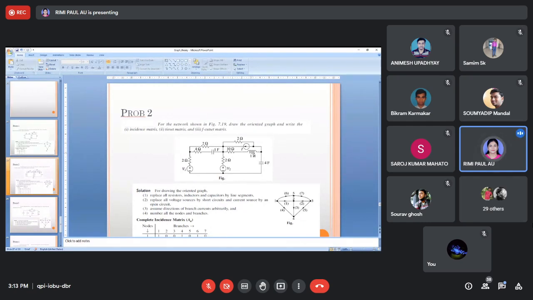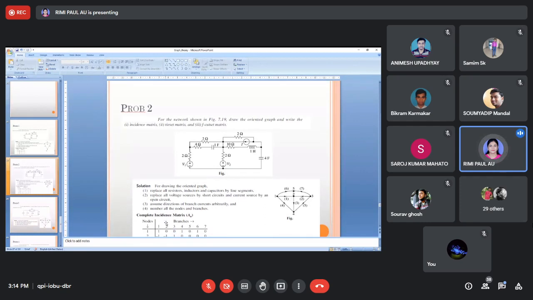Now next, this branch is present, this branch is present, this branch is present, right? So from this you have to write, you can take the orientation, the direction of the current. As per the direction of your current, you will draw your incidence matrix. If the current direction is given, then you have to take this current direction. So can you tell me the number of twigs from this and the number of different trees?